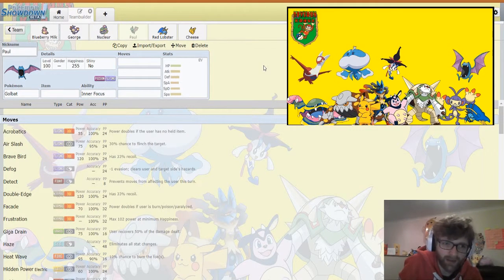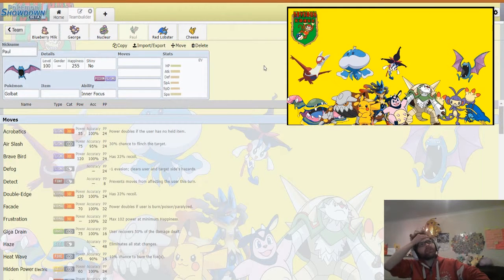Now next up we have Paul or Golbat. I did not say Alexa. Shut up. There we go. We've got Paul or Golbat, who, if you guys don't remember, was it LTC? No, it wasn't. It was ABC. It was ABC Season 2. Was it Season 2 or was it Season 1? No, it was...